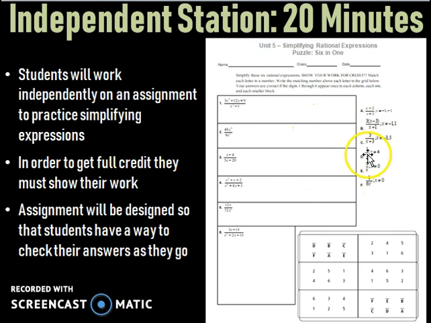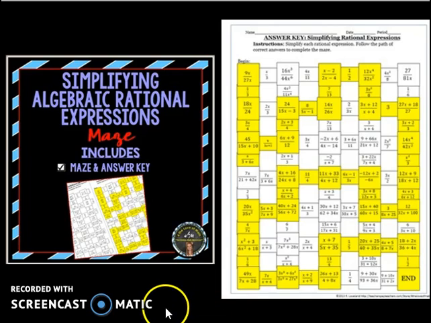They have to be able to match these answers up to the work that they've shown here. So if their answer that they get in their problem isn't one of the possible answer choices, they know that there's a mistake and they need to go back and check. A similar option for the independent station would be something like this, where students need to work through a maze in order to get to the end. So once again, if they do this incorrectly, they won't reach the end. So they'll need to go back and check their work and find their mistake if they don't get to the